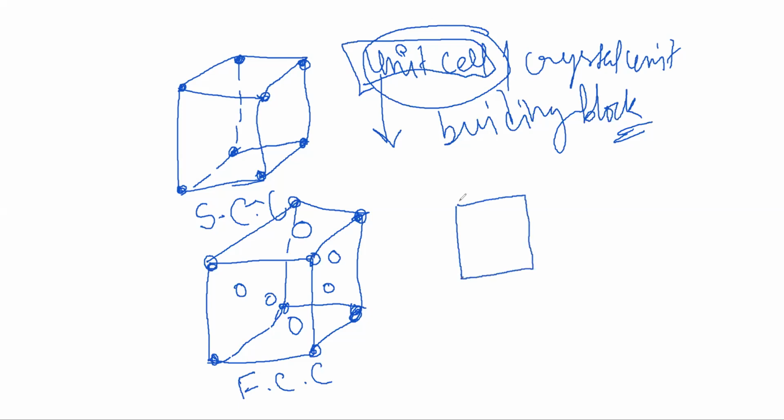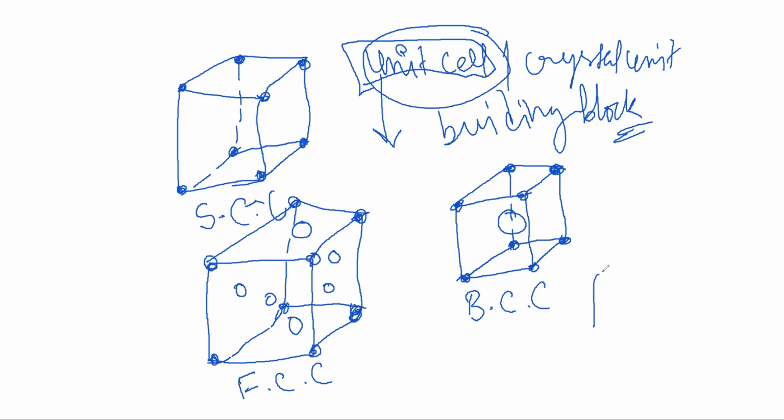Another one we have is body centered cell. This might be very easy, and questions are often asked from here. What happens in body centered cell? Along with these corner atoms, there will be a bigger atom at the center. Last one comes as, this is body centered, which is known as BCC, body centered cell or body centered unit lattice.